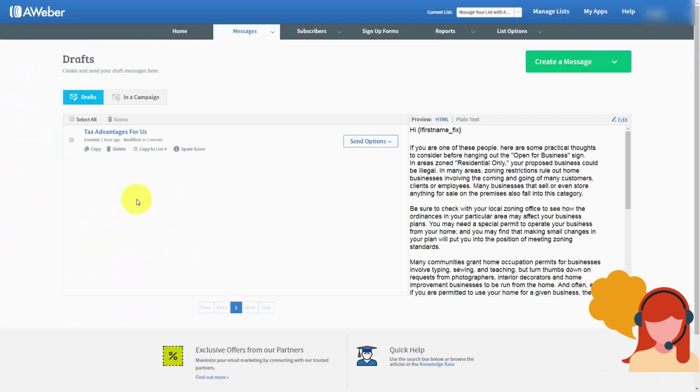Now the email still appears in our drafts, and we have a couple of options. We can either copy this to another list, or we can add this to our follow-up series or our autoresponders. Or we can send it out as a broadcast email. Now, each one of these cases requires some explanation, so we are going to do that in the next video. However, what we're going to do right now is take a look at our spam score,